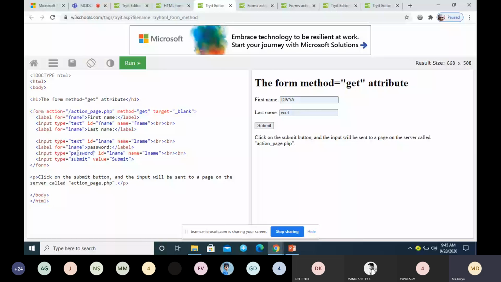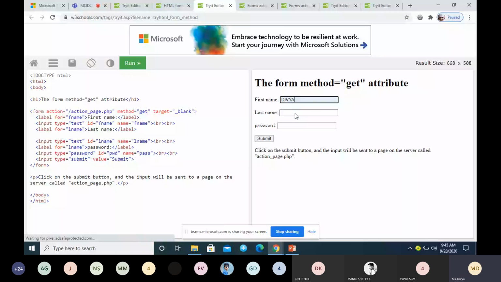You have to specify type equal to password. Give some name, I will give it as PWD. Now click on this. Enter the name, enter the last name, enter some password. Now click on the submit button.